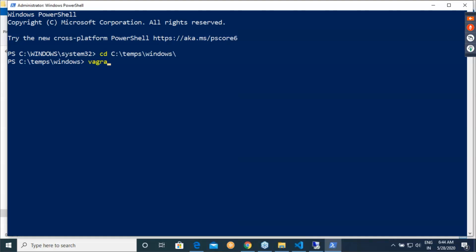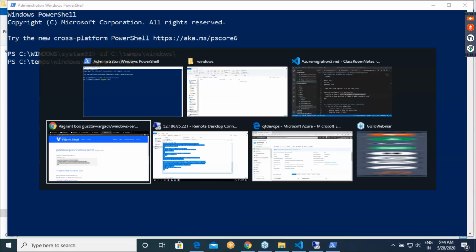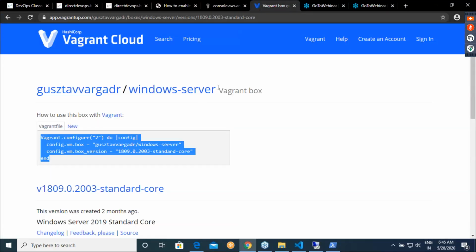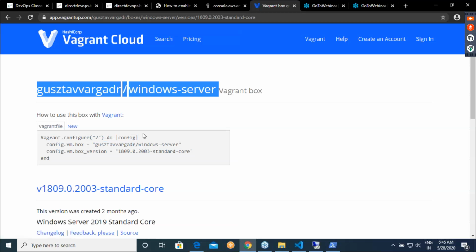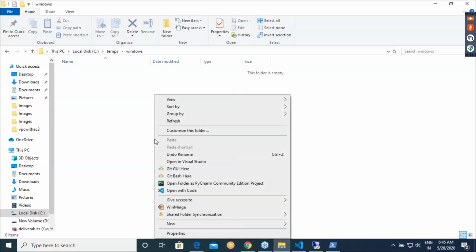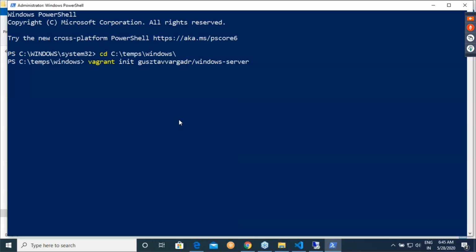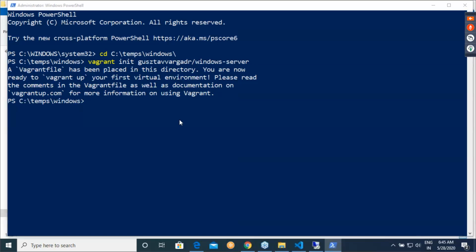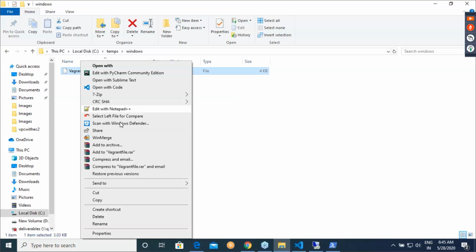Now here you type Vagrant init and then you give the name of the box. Whenever you do this, in the background a file is getting created. If you wait for some time, you will get a file. Did you get this file?